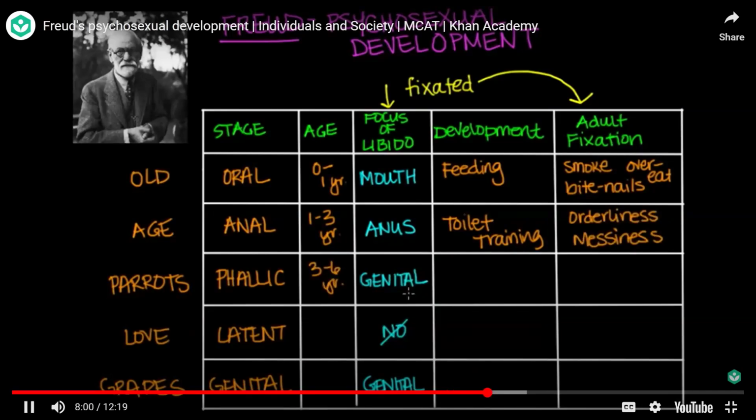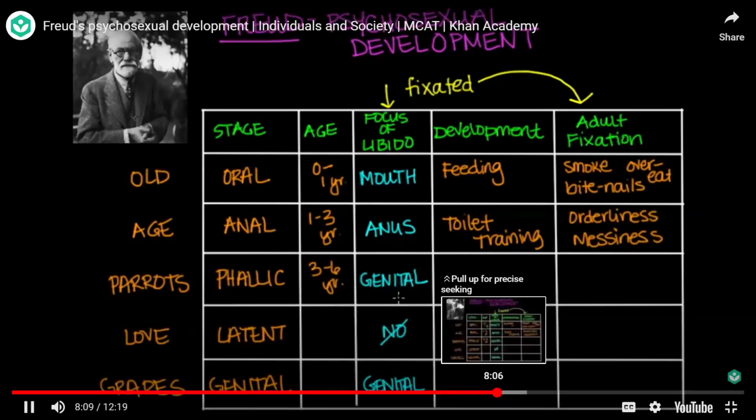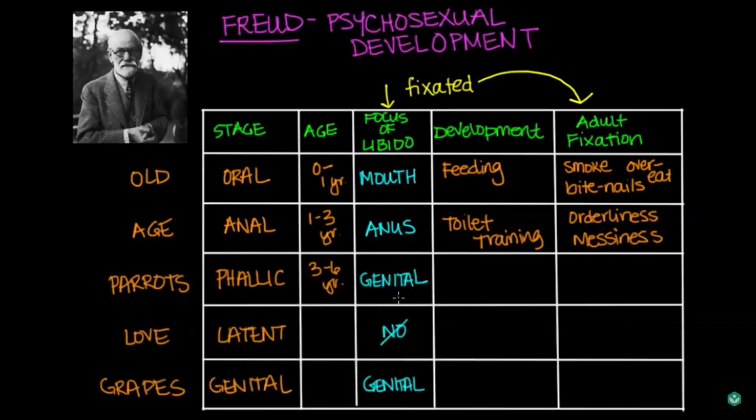And here Freud came up with two important terms. He believed that boys actually begin to view their fathers as a rival for their mother's affections. And he called this the Oedipus complex, which describes the feelings of wanting to possess the mother and the desire to replace the father. So this is what little boys go through. And the same thing occurs for young girls towards their fathers, which he termed the Electra complex.